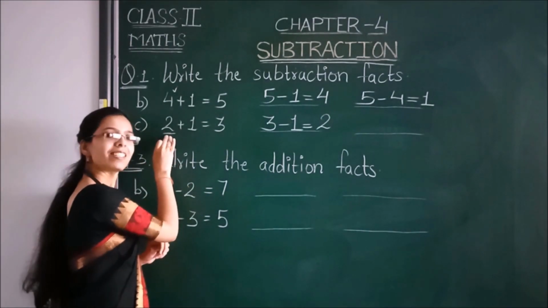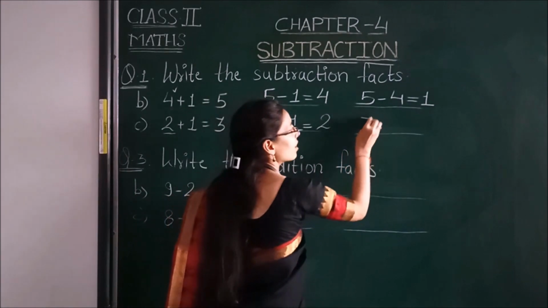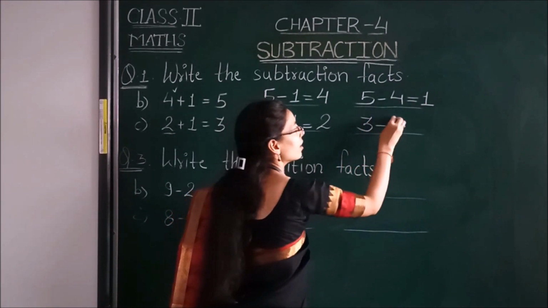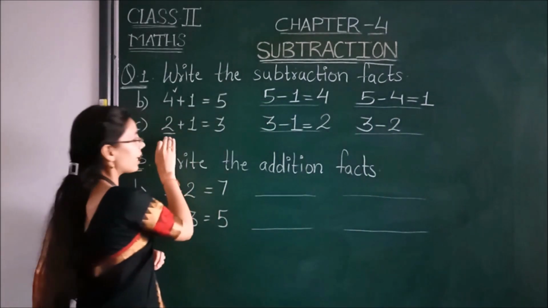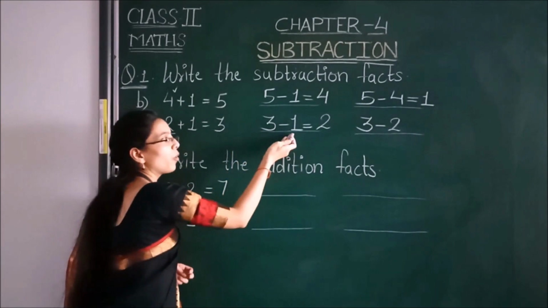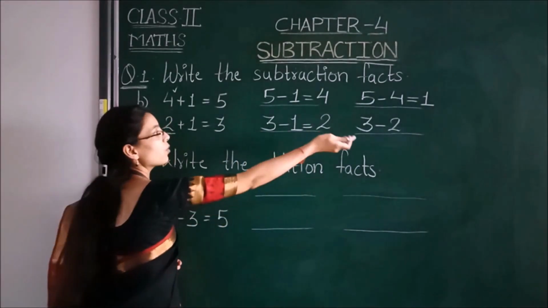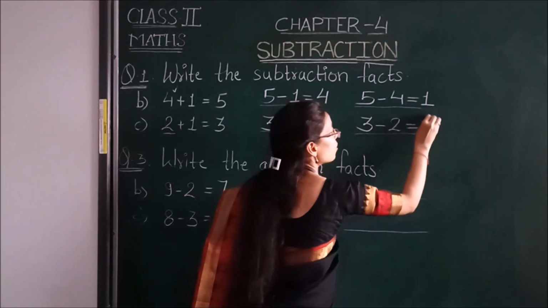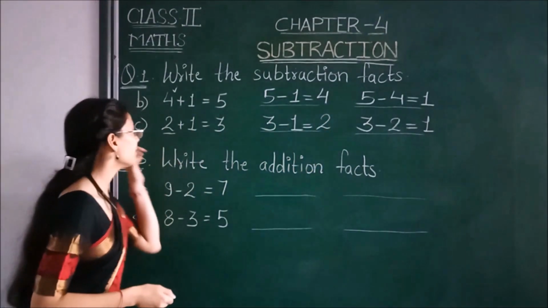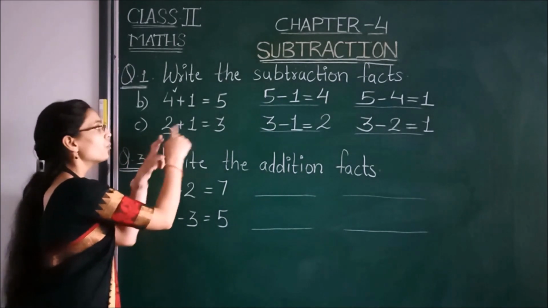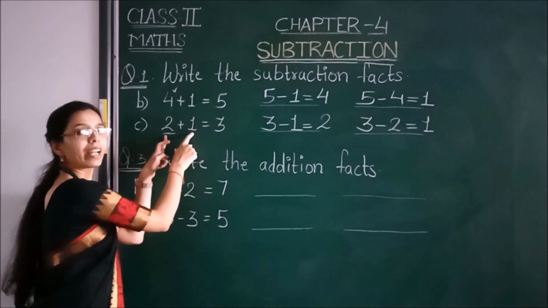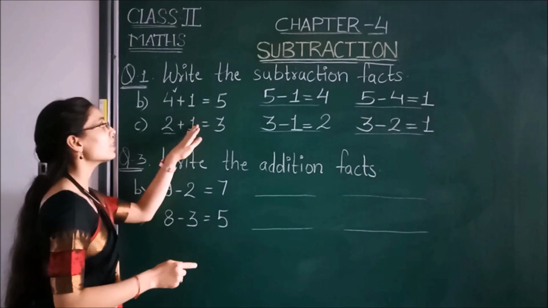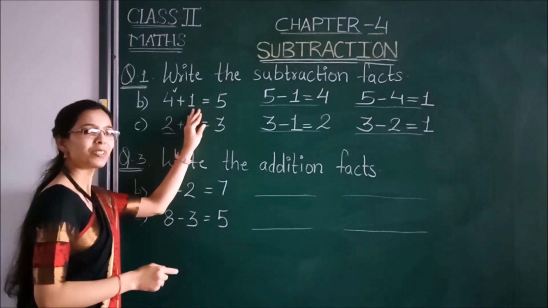Now we will take this other number. First we will write the bigger number. Then take this other number, that is 2, because we have already subtracted 1 here. Now take this 2. 3 minus 2 is equal to 1. When we subtract 2 from 3, we will get 1. And when we subtract this 1, we will get 2.